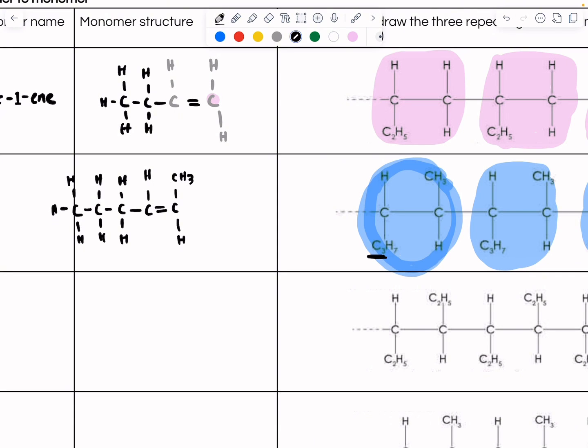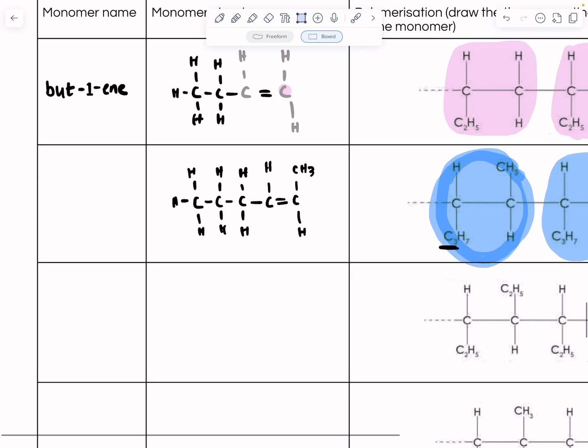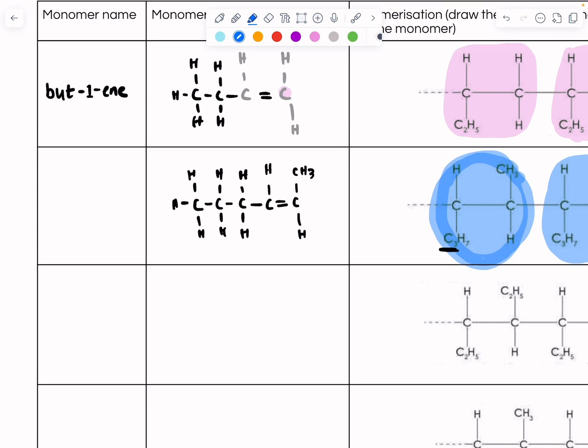Cool, and that represents our monomer structure. Okay, and if we're to name it, let's just count the carbons. We've got 1, 2, 3, 4, 5, 6 carbons, actually. And so we can write this as hex to represent the 6 carbons. We can write 2 to show that this